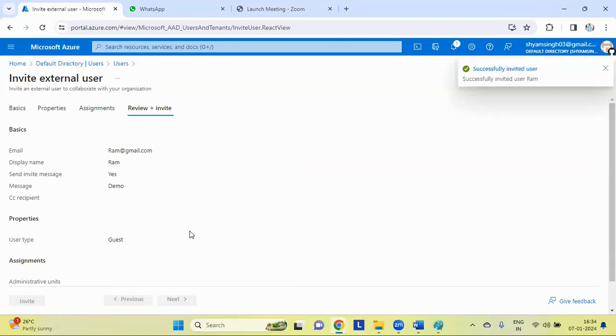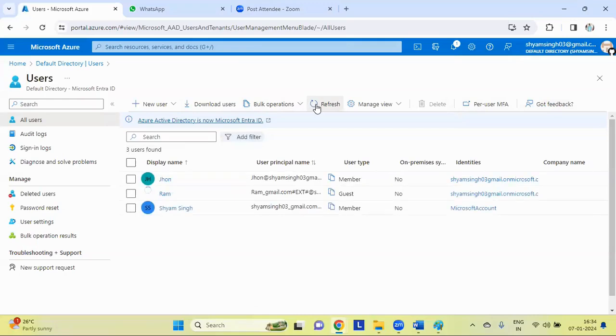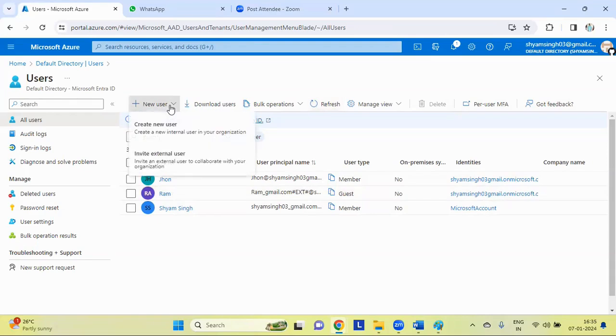Correct guys? So you can see that right now, let me refresh, then that particular Ram will also appear, and you can see that John is a member and Ram is a guest because we have invited them. Okay guys, so this is the difference between member and guest, that is the difference between users and external users.